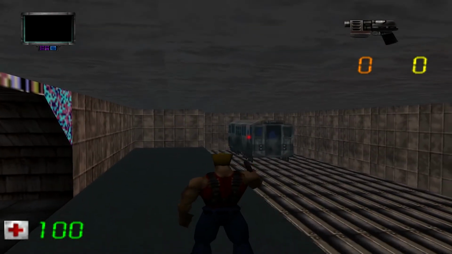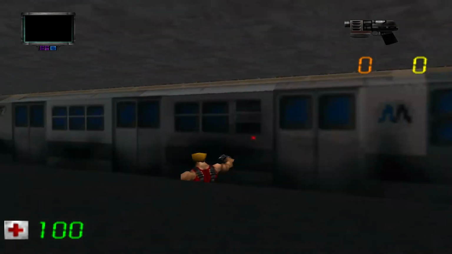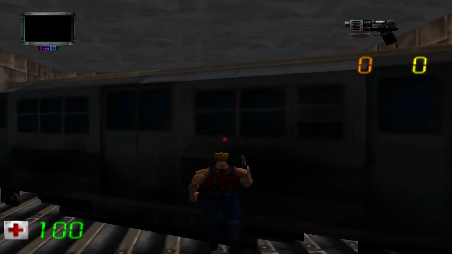Notice that normally looking at this area we can see a train pass by, and this is what the train looks like behind the scenes. I am the king of the world,